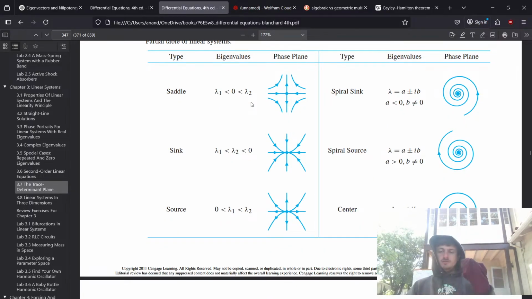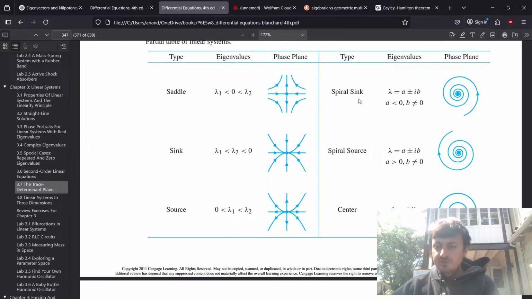All right, so I think we can start off with these 3 because I think that these 3 are completely characterized. I don't think that there's any other complex ones. So we get spiral sink, spiral source, and center. Then we're going to get saddle, sink, and source. But now I want the case where we have